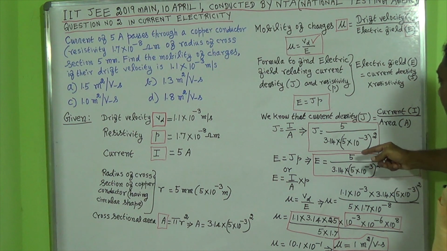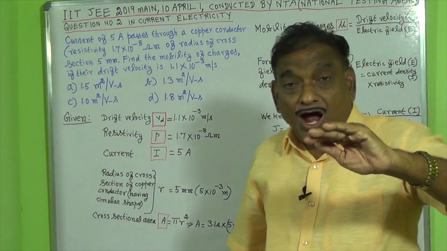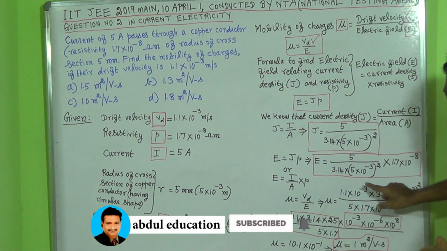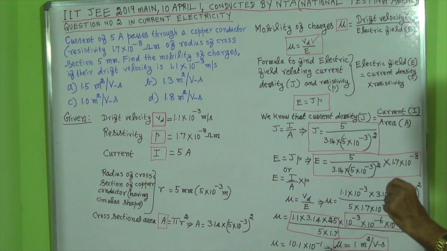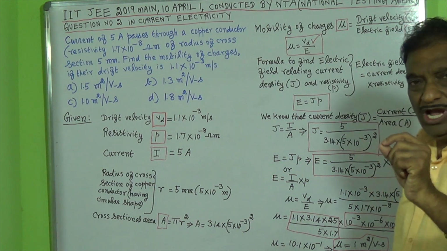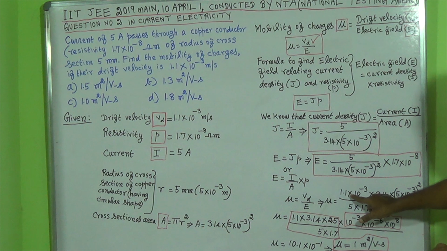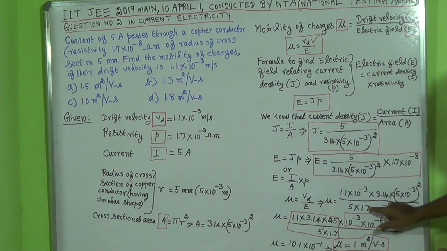Since the fraction comes as denominator, on reciprocating, this denominator will come to the numerator, so that we will get the equation for mobility of the charges as 1.1 into 10 to the power of minus 3 into 3.14 into 5 into 10 to the power of minus 3 the whole square by 5 into 1.7 into 10 to the